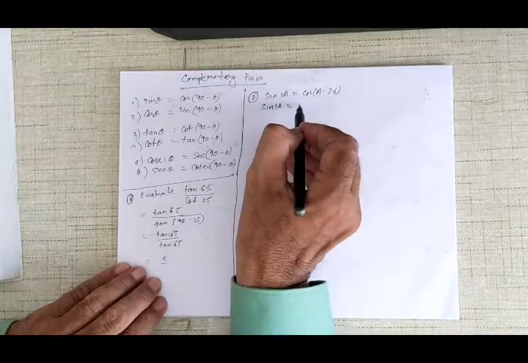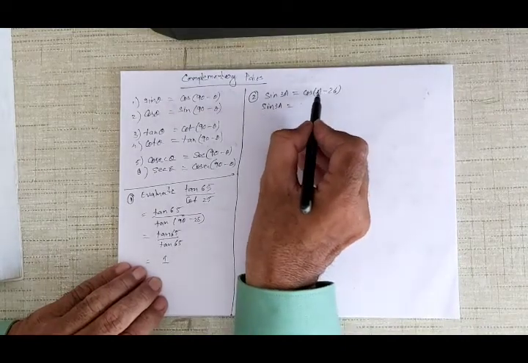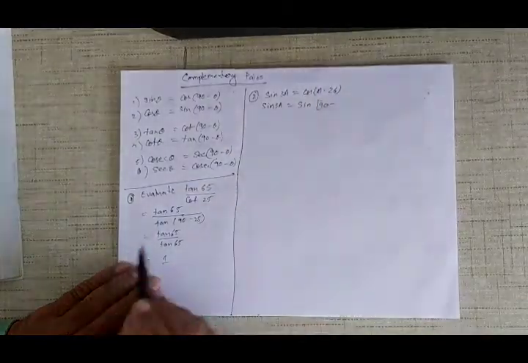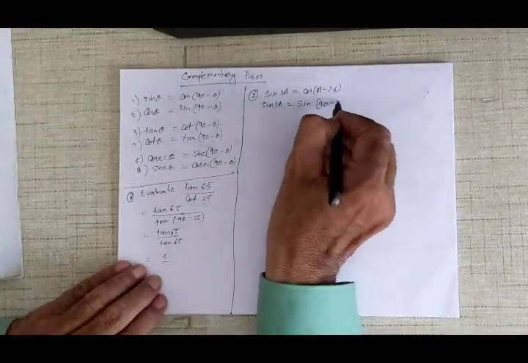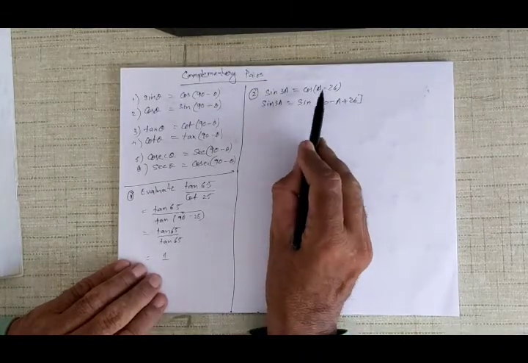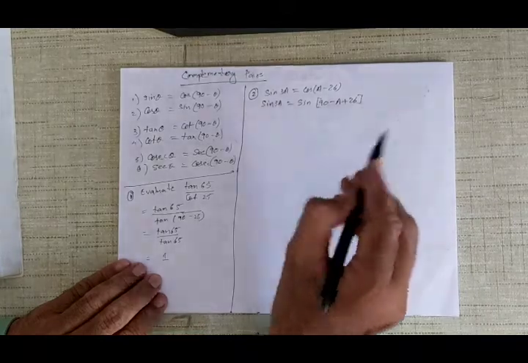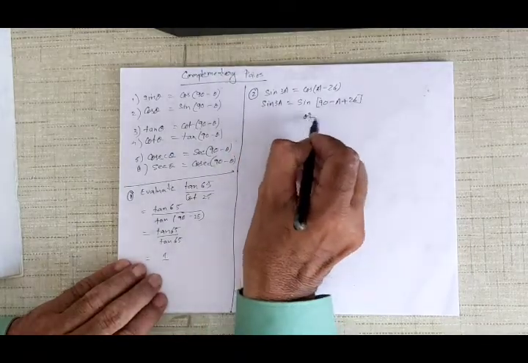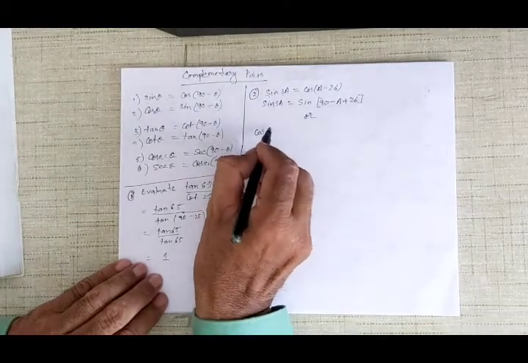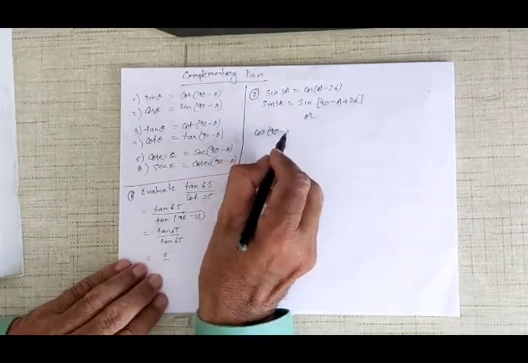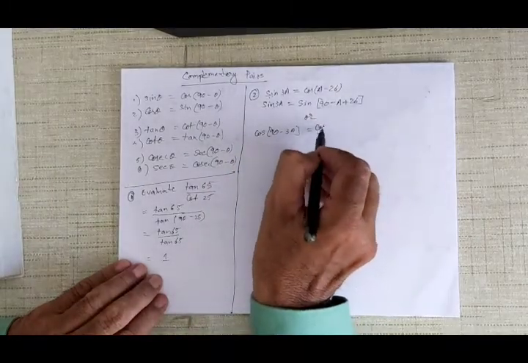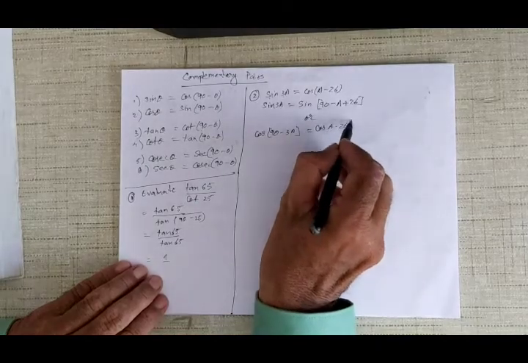Okay, so now in this one I am changing cos into sin: sin(90 minus this). Now what is this? A minus 26 will become a plus 26 because there is a minus sign out here. So a minus 26 will become a plus 26. Or I can change this, whichever you find easier. I can change sin 3a into cos(90 minus 3a), which is equal to cos(a minus 26).